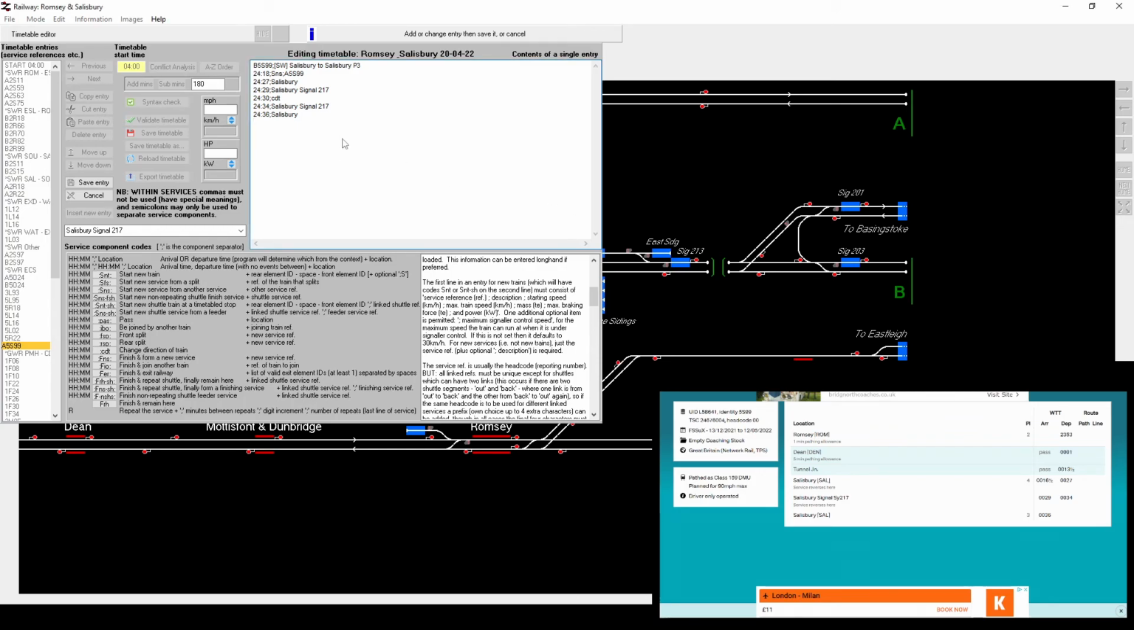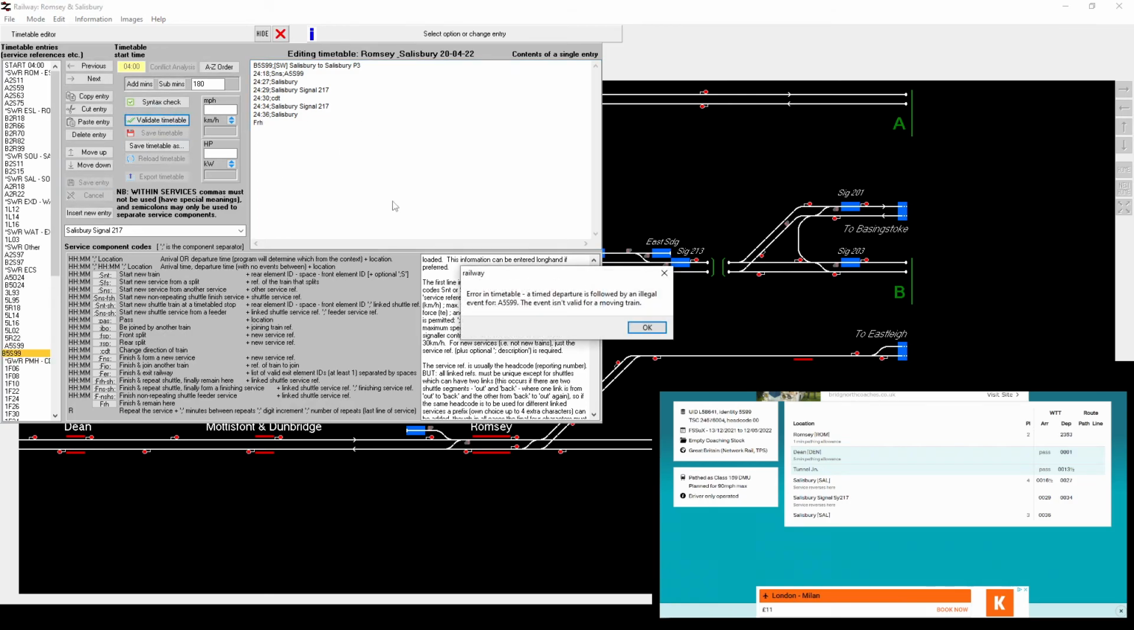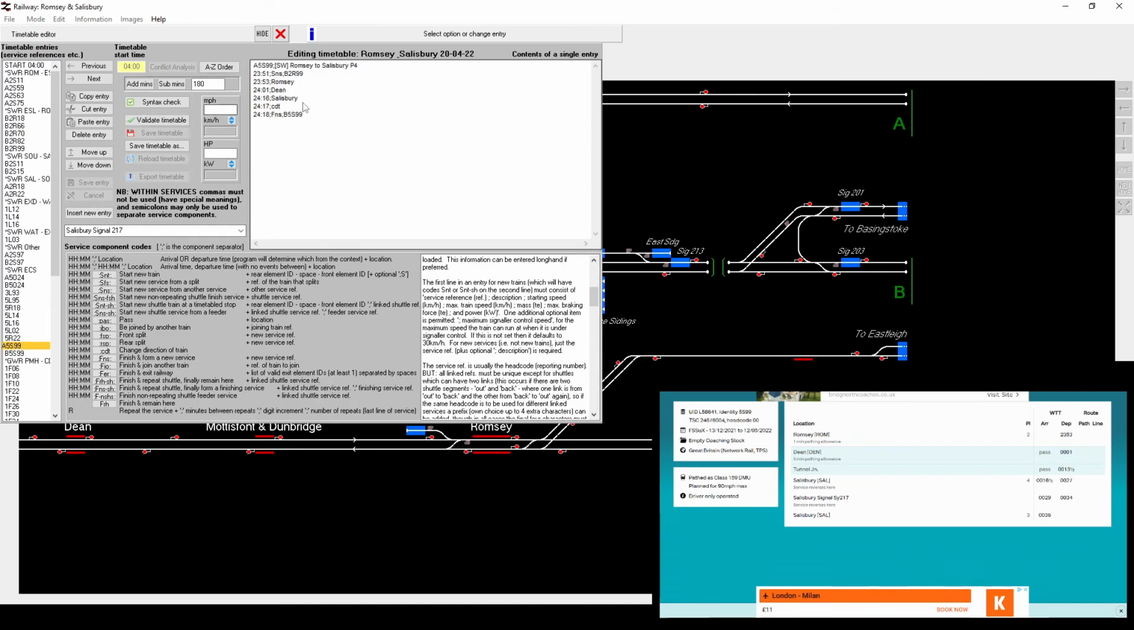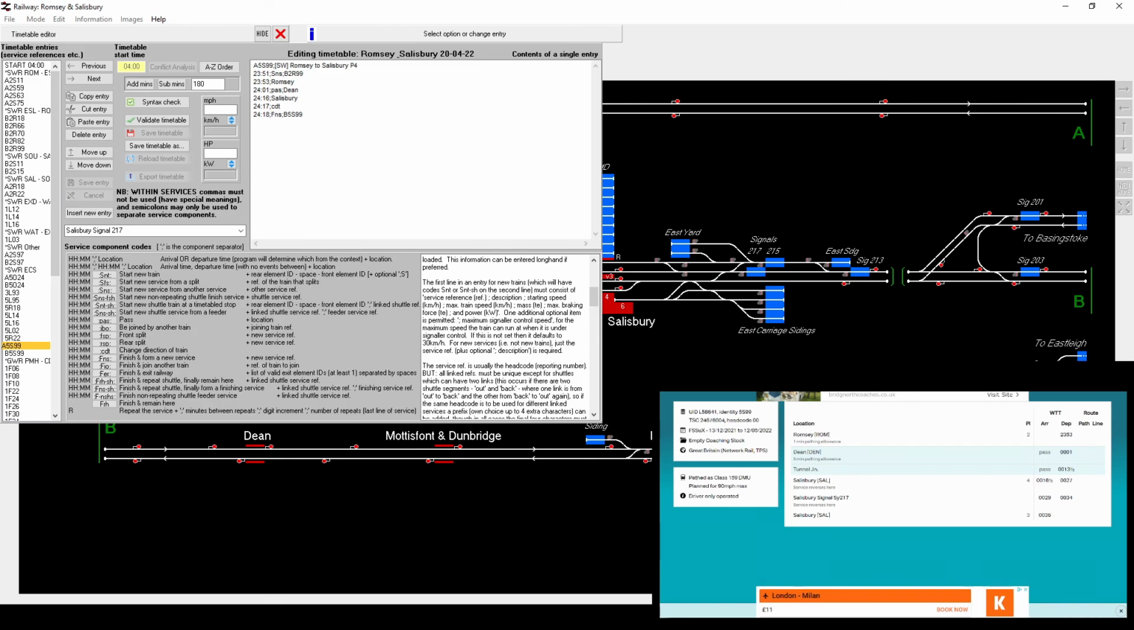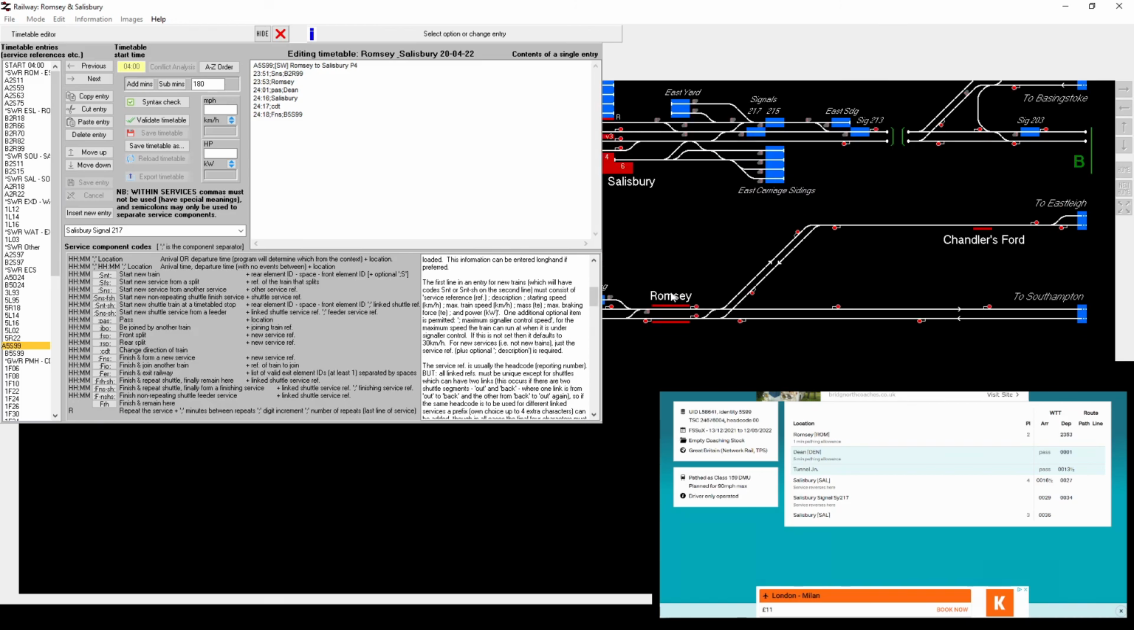So to stop a train on the simulation, FRH, finish remain here. Save, validate. It's got an illegal event somewhere. Yep, it does. I haven't put a pass in at Dean. There we go. So basically what I've done here is I've sorted out the full day of services between Romsey